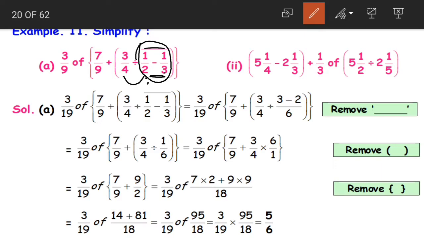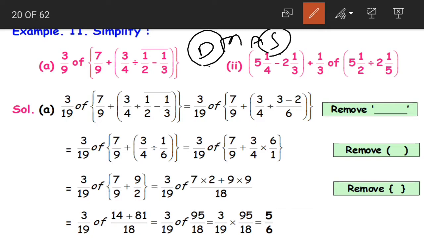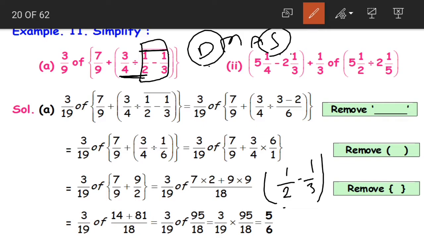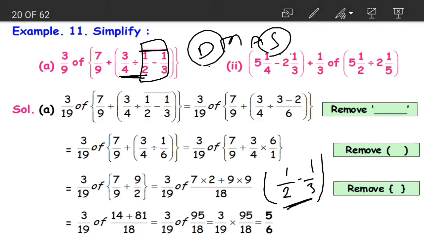I cannot divide. According to the rule of BODMAS, division comes before subtraction. Yes, division comes before subtraction. Even though division comes before subtraction, I should not divide these two. Why? Because we are having the bar here. Now what this bar represents is that these two terms should be solved together. Bar is simply like I have put these two in a bracket. Yes, when we put two terms in a bracket, what do we mean? First we need to solve these two. In the same way the bar also works. We need to solve those two first.